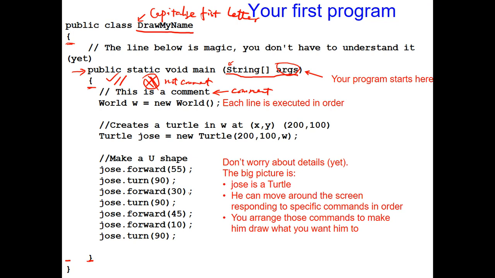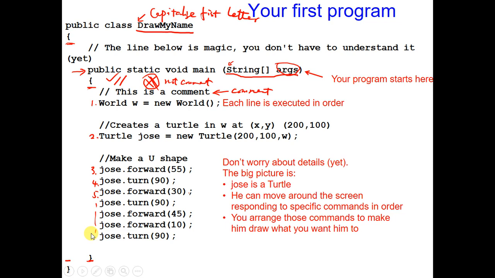So now what? Inside your main function, we will have different statements. So this is statement number 1, statement number 2, number 3, number 4, number 5, and go on.